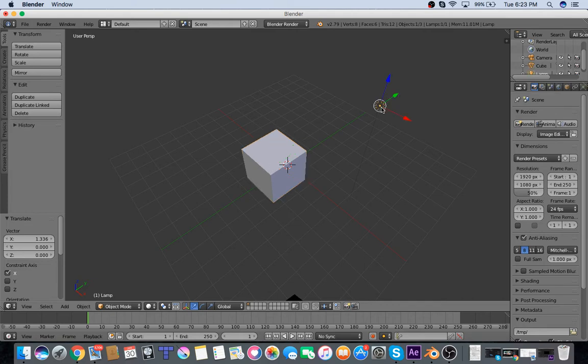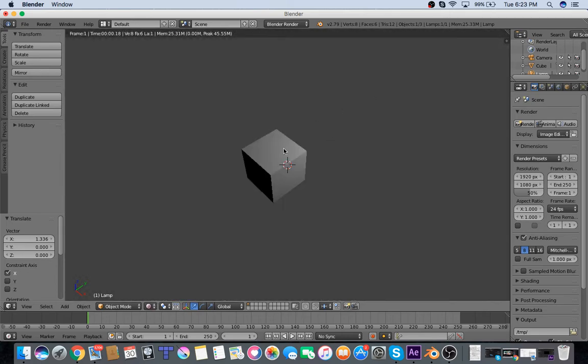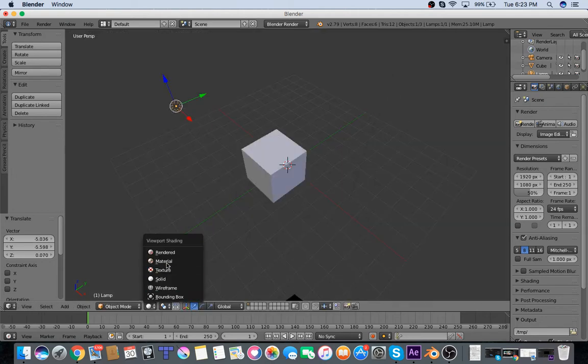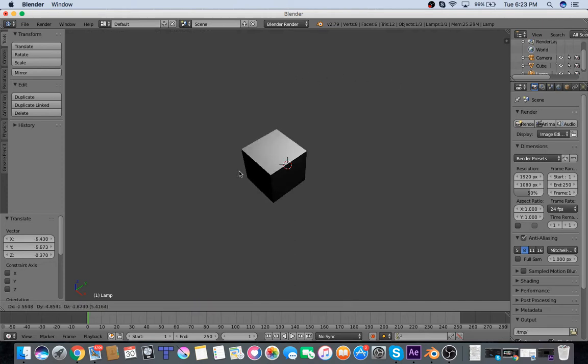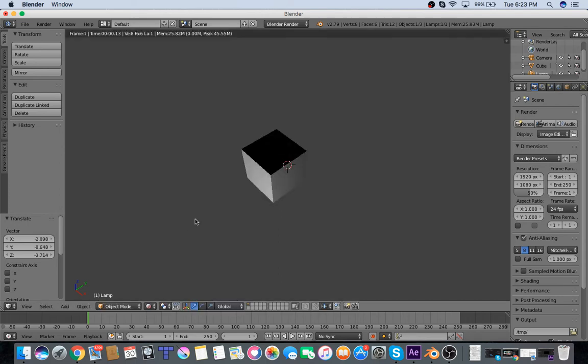Alright, so this is a lamp. You can use it to light your objects, and as you can see, that is putting light on this cube from this angle. This part of the cube is going to show up all black, but if I move it over here, then as you can see, it is lit from this side now. And if I move it around, you can see in real time. You used to be able to do this in real time. I guess the new version is a little bit